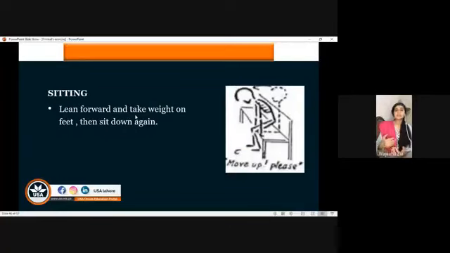The next one is the sitting. The last sitting was with the help of the parallel support in front of the patient, but this one is the independent sitting to the standing position. Ask the patient to go into the comfortable sitting position, then